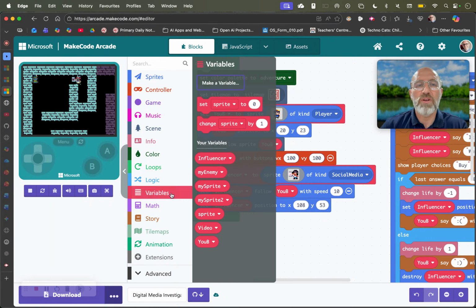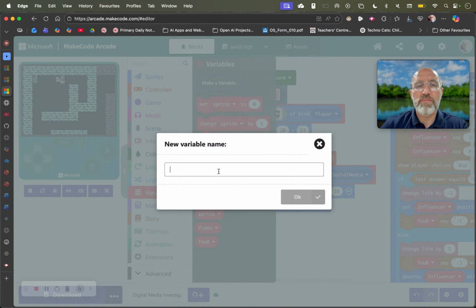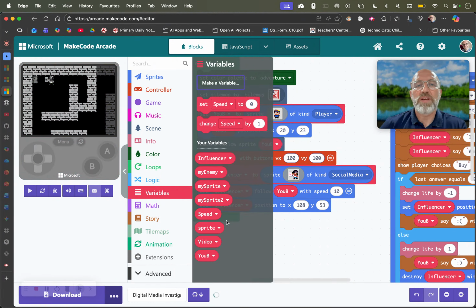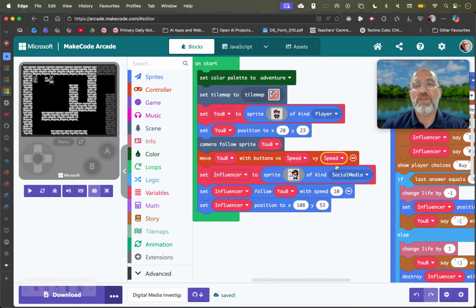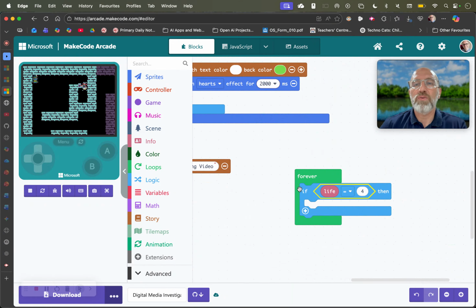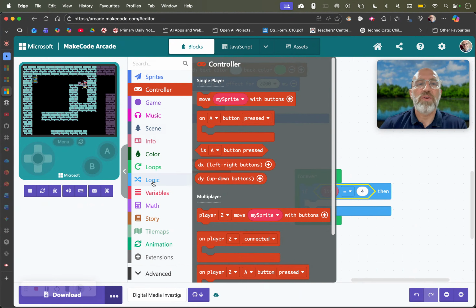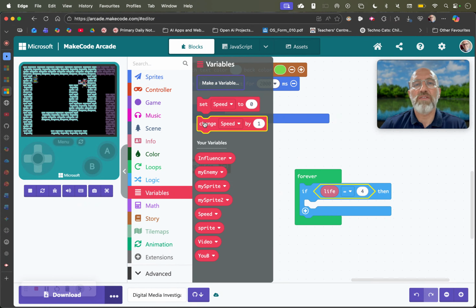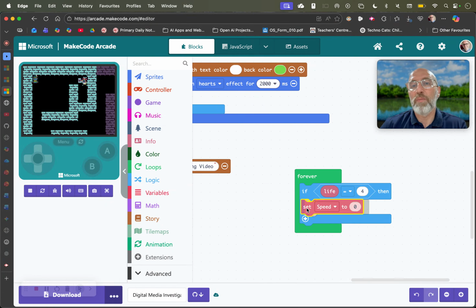You notice that it is an oval, so we can go and make a speed variable, and then we can drag that into here, grab another one, and now our character is going to move at a variable, not a standard and set number of 100, because as we get more lives and more health, and our life equals 4, we can go into our variables, and you can see that we can set or change our variables, and whether we want to make our speed faster, or change it for a temporary amount of time. So I'm going to set speed in here to 110 if it's at 4,